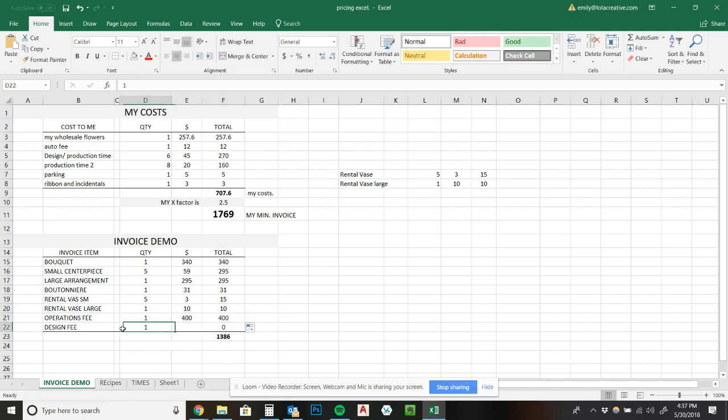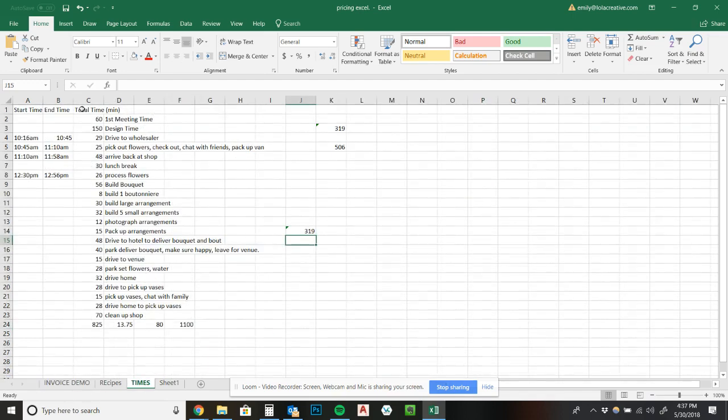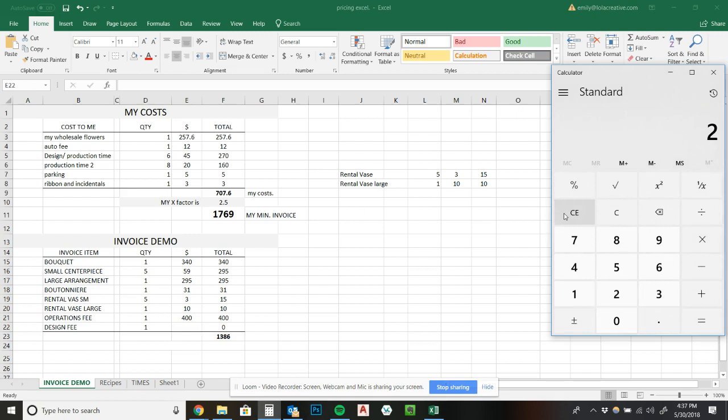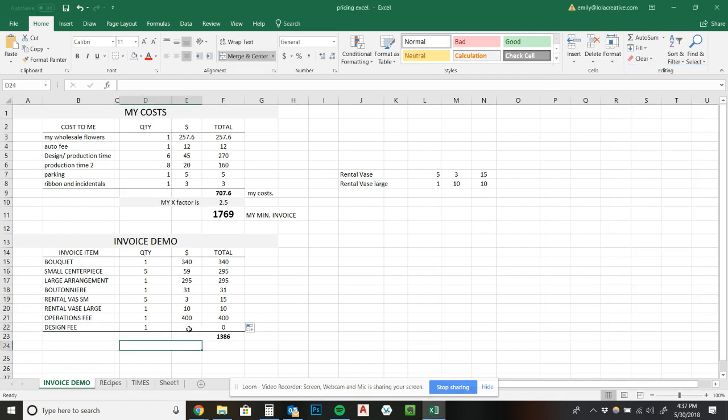Okay. Design fee. I spent 210 minutes here designing, and that is 210 divided by 60, 3.5 hours. So I could be transparent with my rates and just do that. I charge $100 an hour for design time. And look at that. We are above